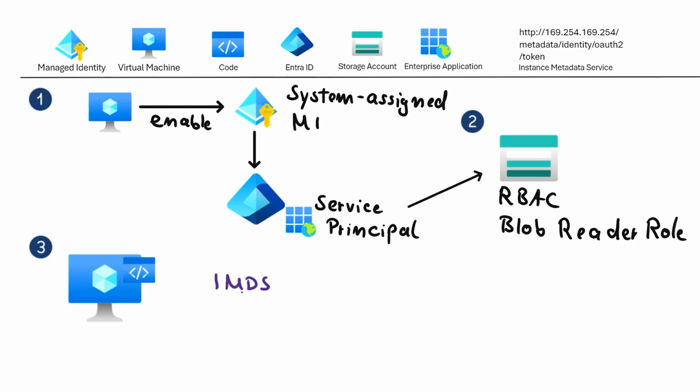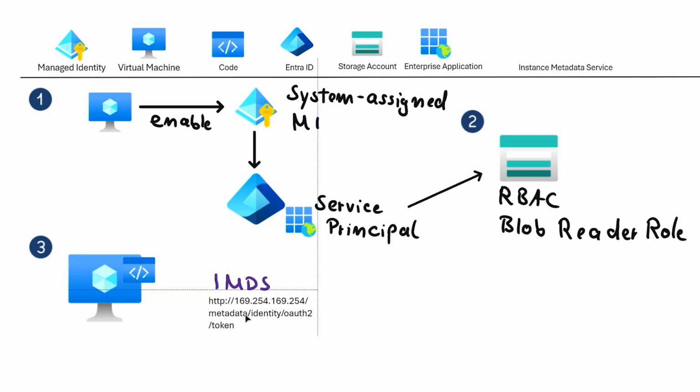And what this instance metadata service does is provide an endpoint that is only routable from within that virtual machine. So this is the URL with an internal, non-routable IP address that can only be reached from inside of that virtual machine, with the specific endpoint URI here in that case. And the code will then contact this service and request a token saying, hey, I need access to resources,